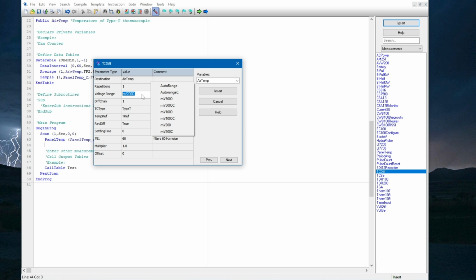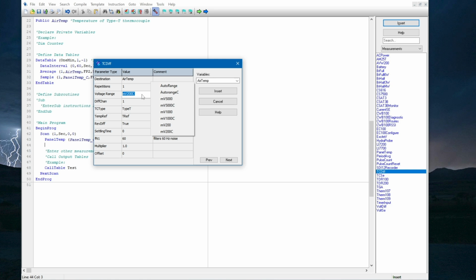Notice that there are 2 options for MV200, one with a C and one without. The C option checks for an open connection of a bad sensor by first applying a short test voltage to the analog channel. It will result in a measurement over range, or NAN, if there's a problem. The advantage of using the C option is that it clearly indicates if there's a sensor problem, instead of returning a floating point value. The trade-off is that the C option increases the time it takes to make the measurement.